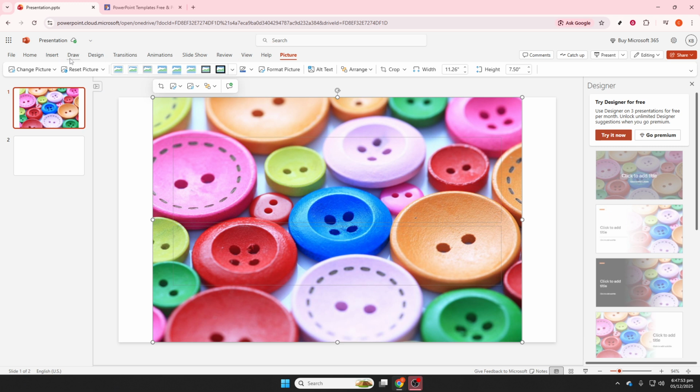When you're happy with your edits, go to File, then Save As, and save a new copy of your customized deck. If you'll reuse this style often, consider saving it as a branded master template so your team can start from a consistent base. Now, let's copy SlideUpLift slides into your main presentation. Open both files, your primary deck and